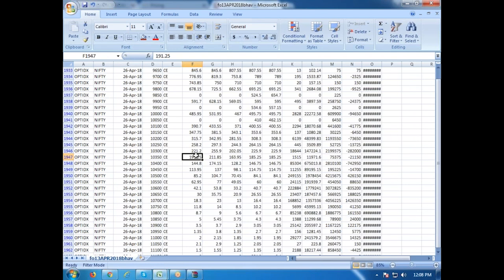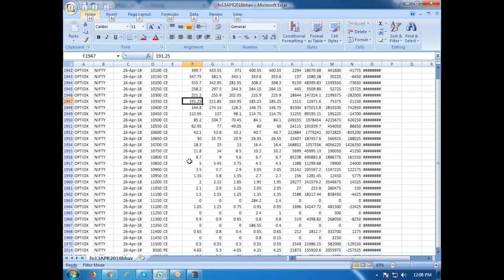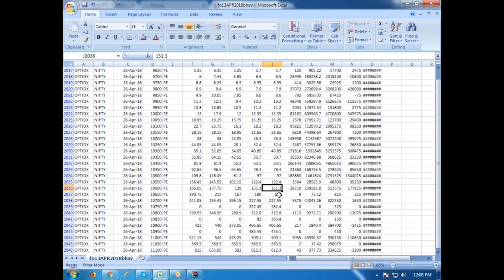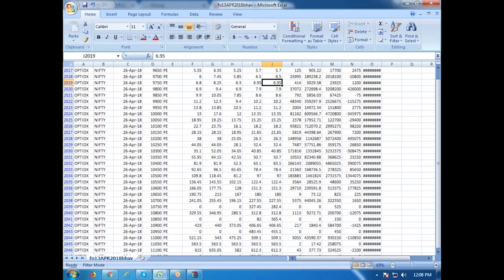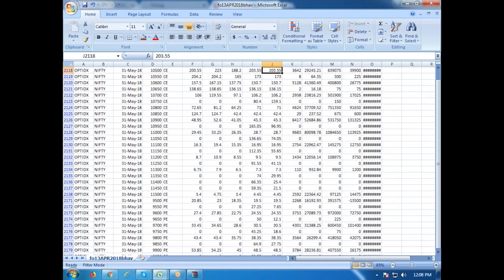These are call prices, 10,600 से. This is for the April month prices. Now let me take the May month from the call of 10,300 से